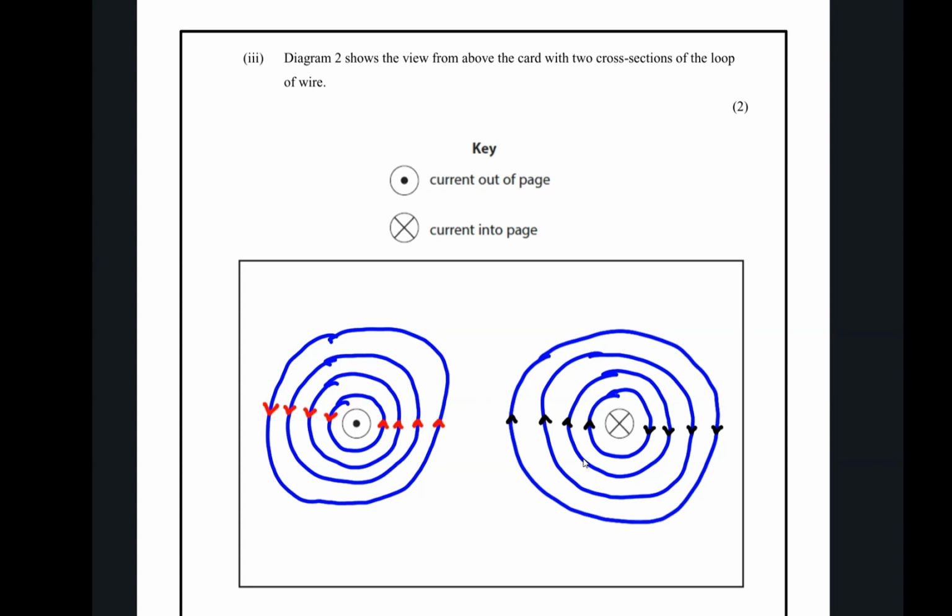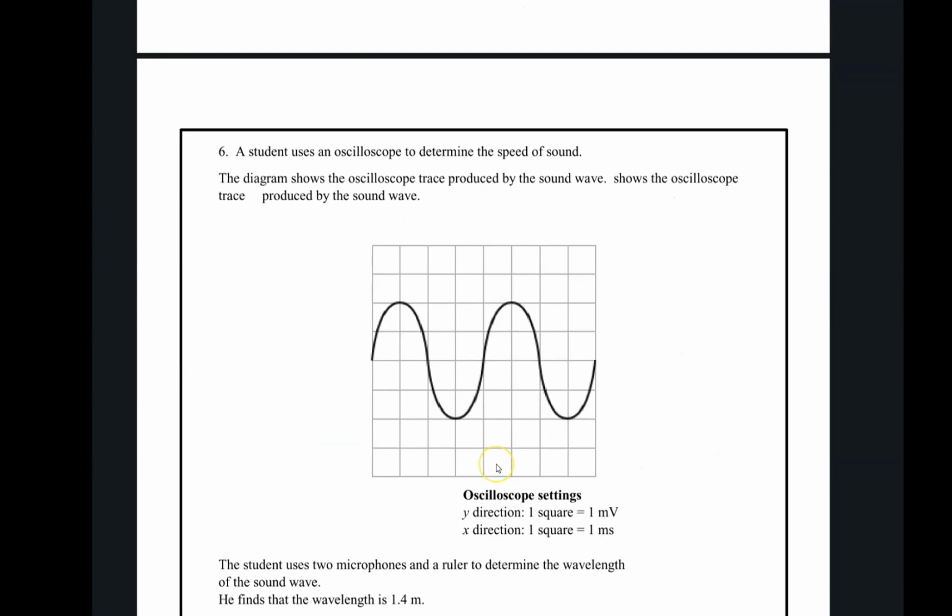Now, question number 6, we are told a student uses an oscilloscope to determine the speed of sound. So meaning you have to prepare on how to determine speed of sound using different experiments. This is one of them, using a CRO. There are other experiments like